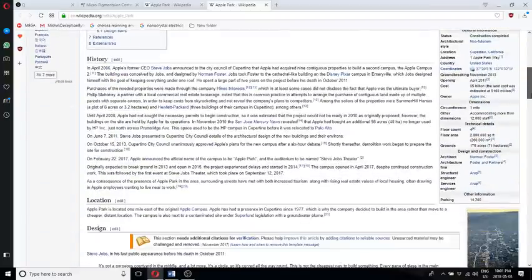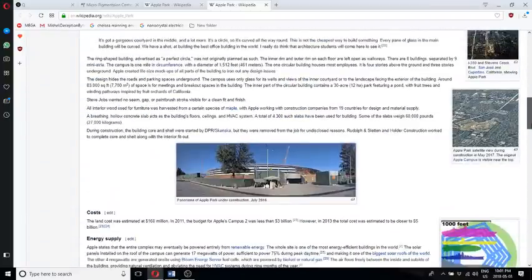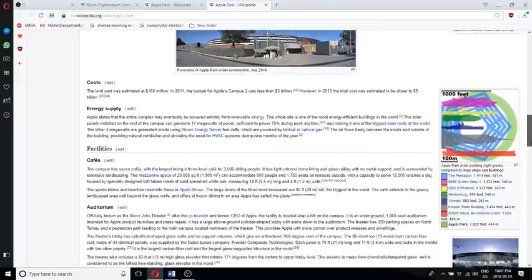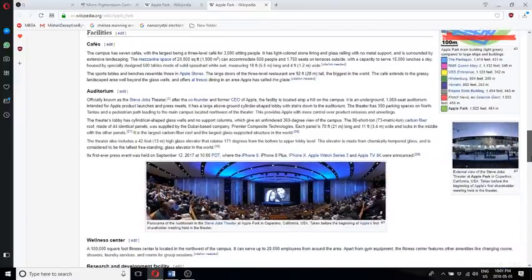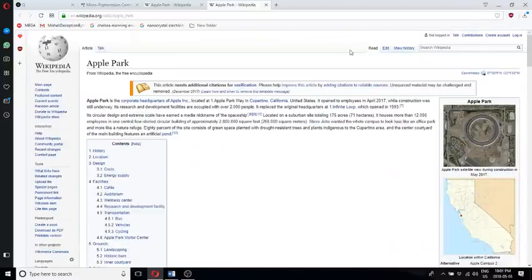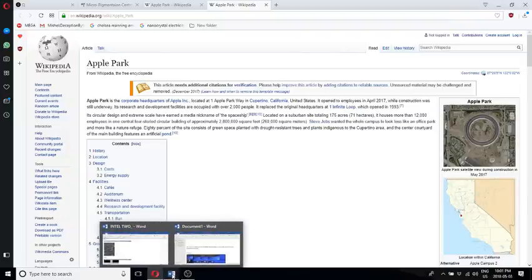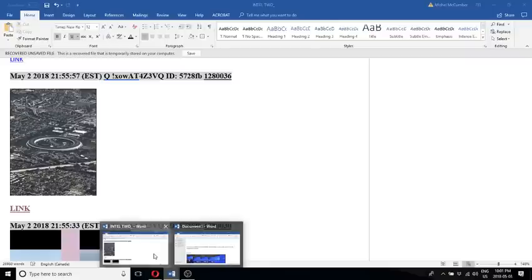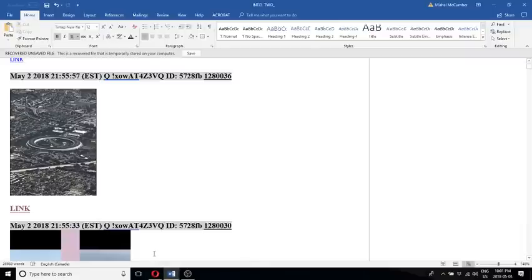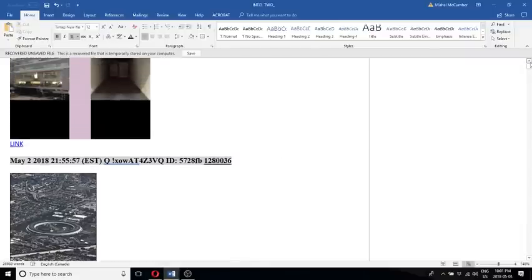So that's it. Now, I don't think it's all that important for us to go into every single detail of this building because I think that Q is trying to get a message across to us, not in the details, but more, well, we'll see. Let me go on. I'm feeling all discombobulated today for some reason. I don't know why. Now, the next link